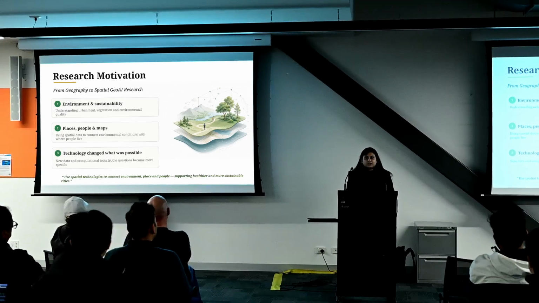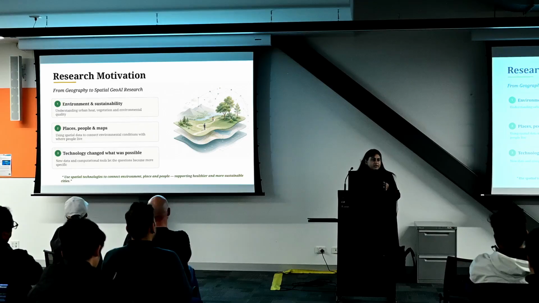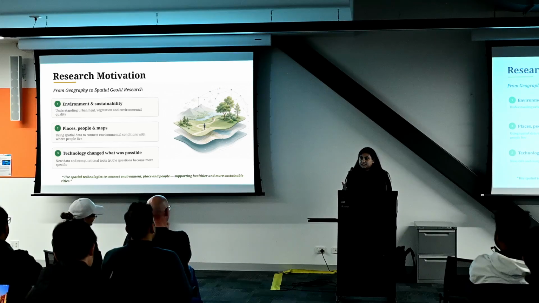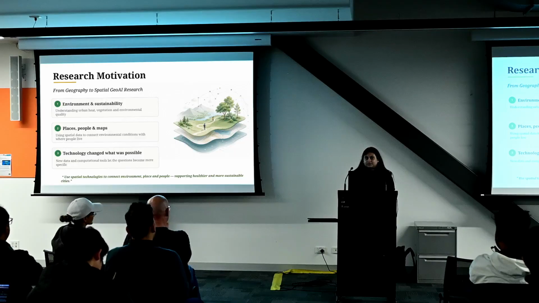Another very important thing that motivated me when I was doing my bachelor's in geography was sustainability, because you see, our cities are going so dense. It is so vertical. And for this, we are facing so many urban issues like rising temperature, we call it urban heat island, and there is land degradation and unequal access to nature. So how can we solve these questions? We generally use maps, but maps are limited. So that's where AI, algorithms, technology come in to help us answer those questions. And that actually is what motivated me to pursue a Masters in Geospatial Science.